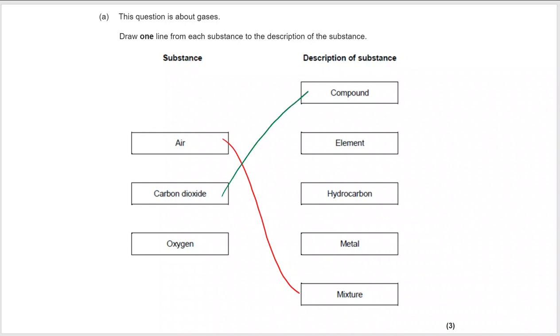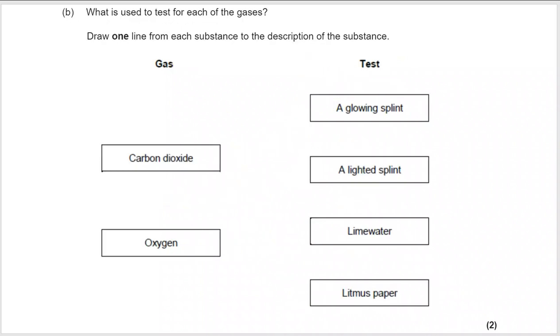Carbon dioxide is a compound. Every carbon dioxide contains one carbon and two oxygen atoms in a fixed ratio. And finally, oxygen is an element because although it exists diatomically, as O2, it still only contains one type of atom. Moving on to part B, draw one line from each substance to the description of the substance